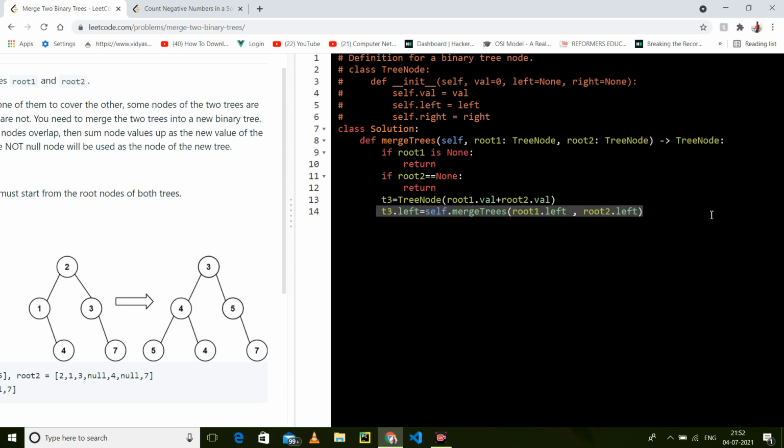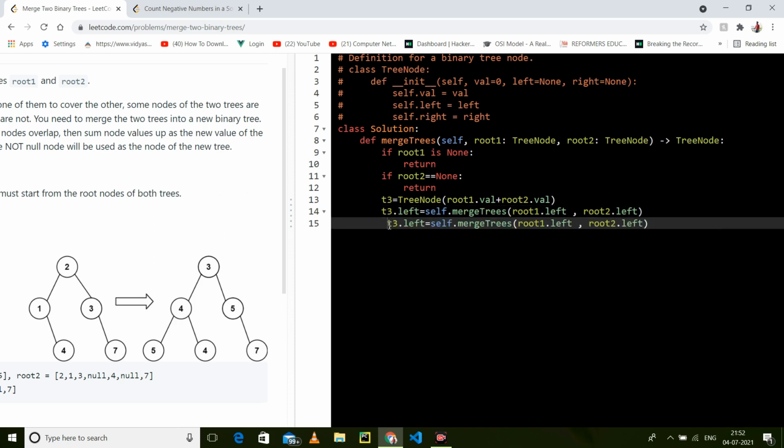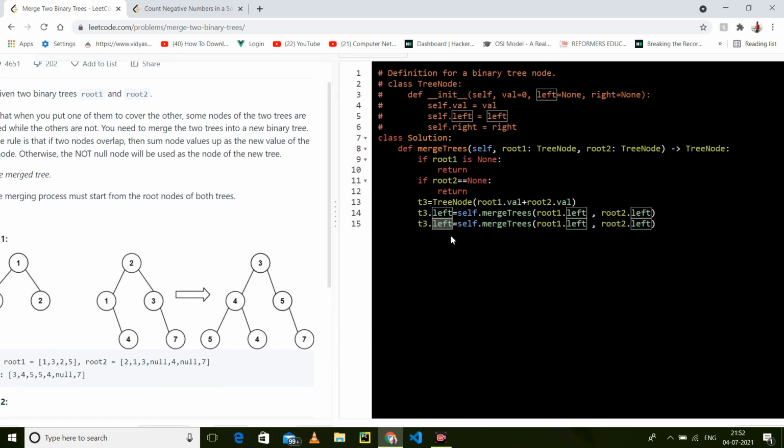I know that you are already familiar with the root, and what a binary tree and a binary search tree are. So in this we have to call for the right. This is right, this is also right, this is also right. So we have made 3, then for left I have called the recursion.